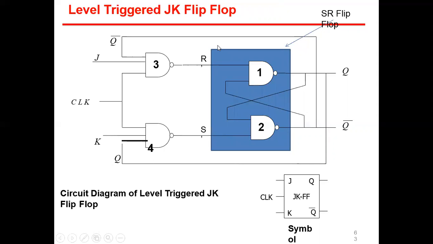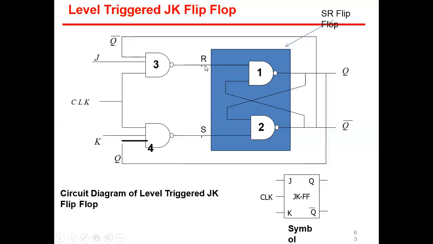This is the diagram of a JK flip-flop in which 4 gates are used, and 4 NOT gates are used. In this given circuit diagram, the positive edge trigger JK flip-flop is shown and its circuit symbol is shown. Before this, we are going to learn what the structure of this flip-flop is.